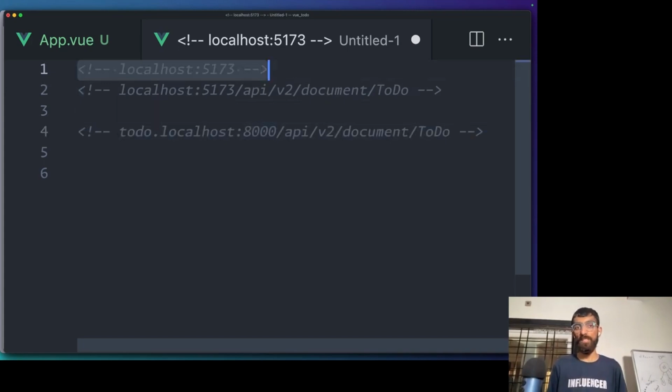And if we do this, it will cause an issue because the site name is different. See, it is localhost 5173 and it is todo.localhost. Don't worry about the port. At least the host is different. It is todo.localhost and localhost. What if we can get our front end running